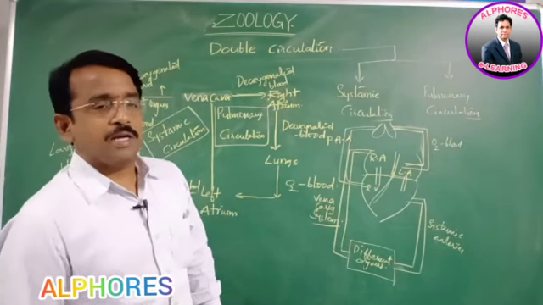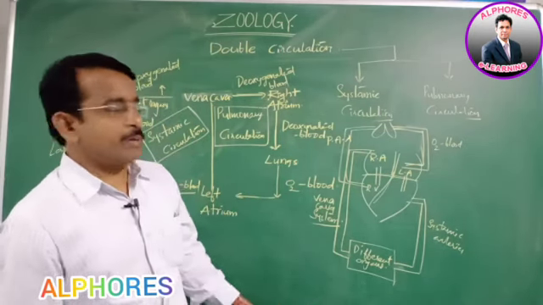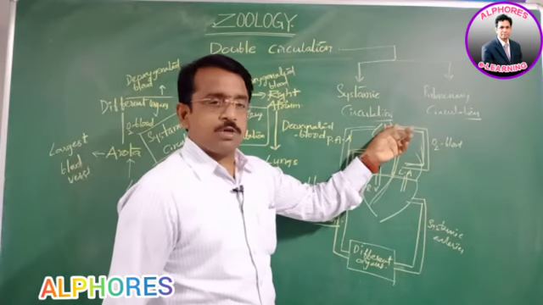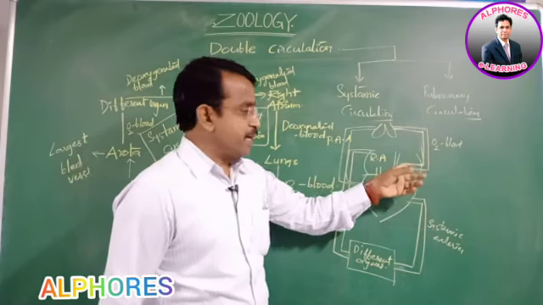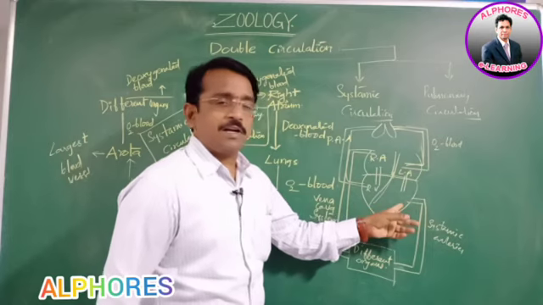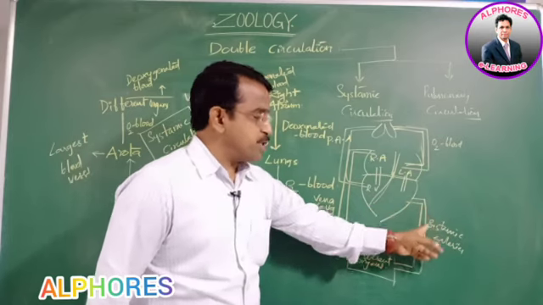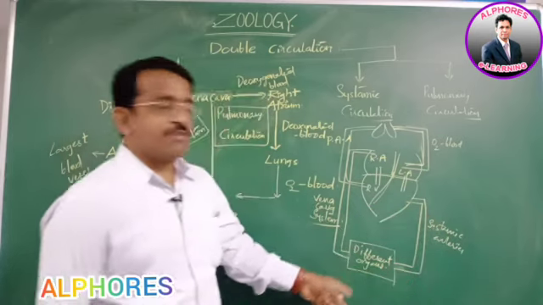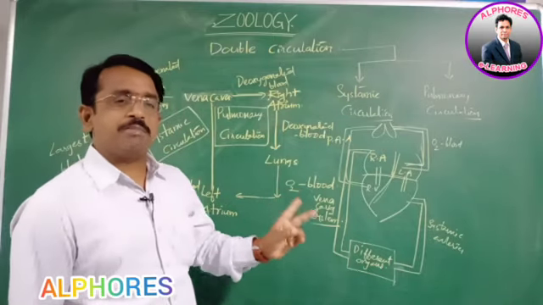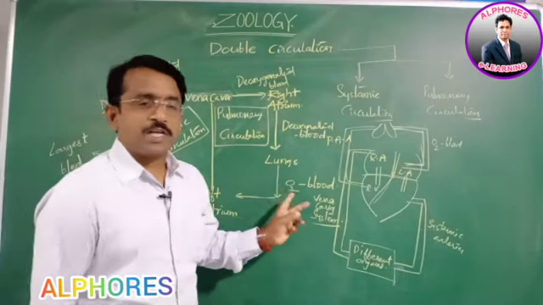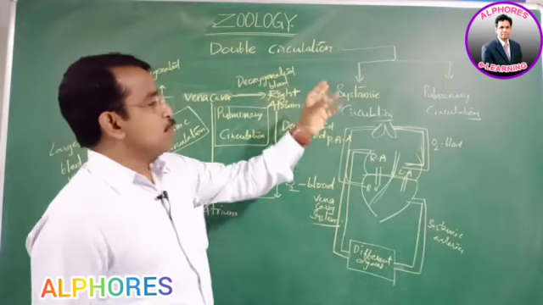Keep in mind, two lungs, two pairs of pulmonary veins bring the oxygenated blood into the left atrium and then to the left ventricle. From the left ventricle, the left systemic aortic arch pumps the oxygenated blood to different parts. This is how complete double circulation takes place in human beings, which is systemic